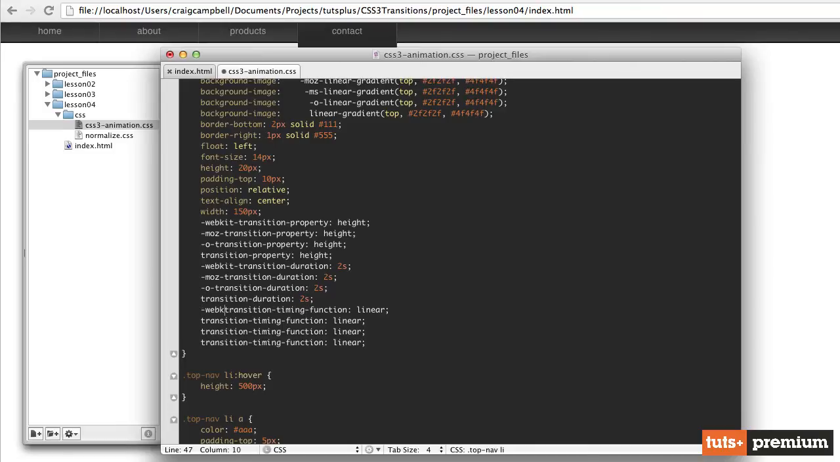So -webkit-transition-timing-function, and then for Mozilla, and then for Opera. Okay, so let's save that, jump back into our file, and then refresh our page. And now let's take a look at the timing of the animation. You'll have to really pay attention to it to see it, but what we're seeing here,